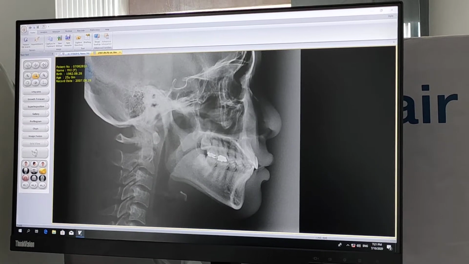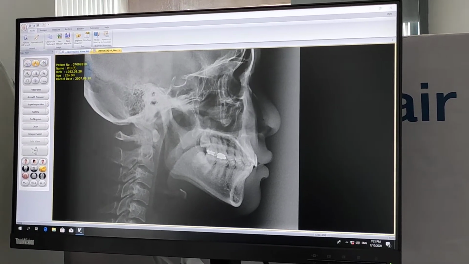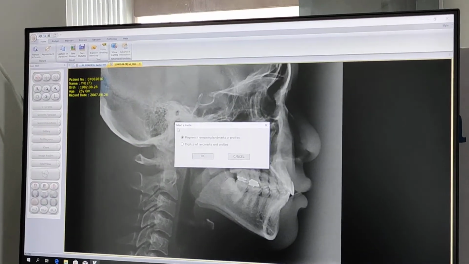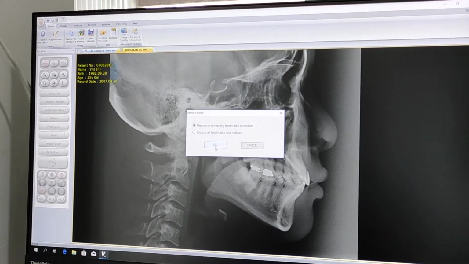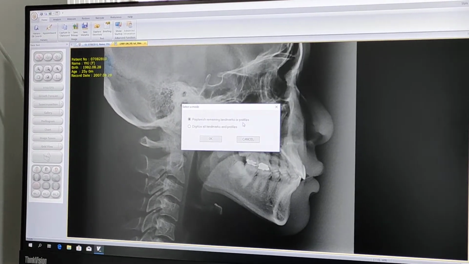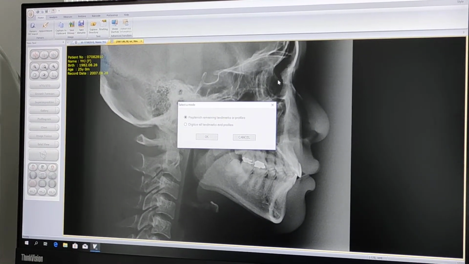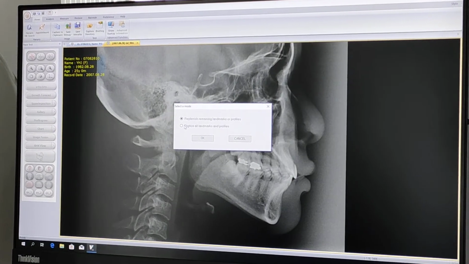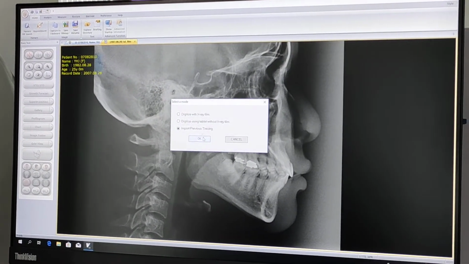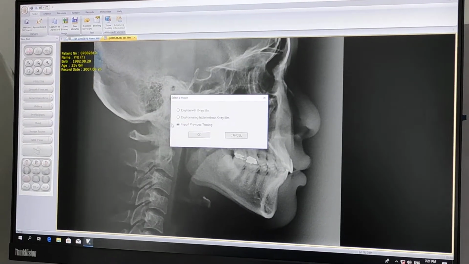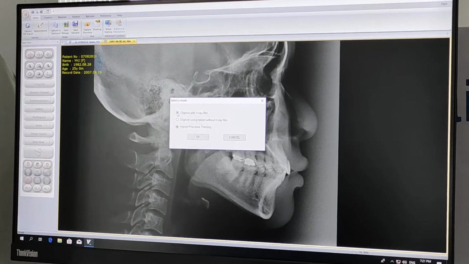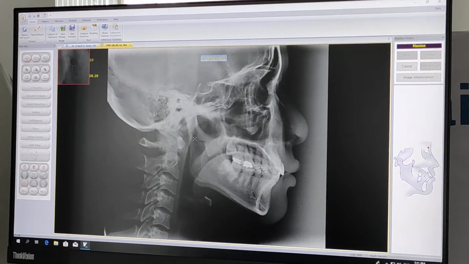So this is the entire tracing that has been done, and in case I want to do a fresh tracing, I can do that by clicking on this and replenishing the landmarks of the profile. So you have two options: replenish the remaining landmarks or profile. Whatever landmarks were marked before, you can replenish, or you can use a digitized landmark and profile. Or digitize using an X-ray film, or digitize using a tablet without X-ray. So digitize using X-ray film, and okay.